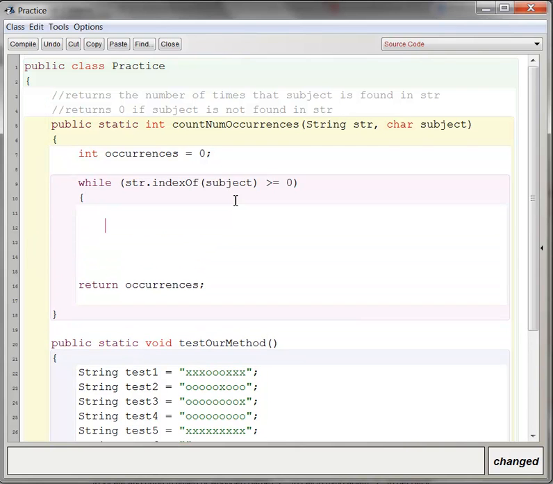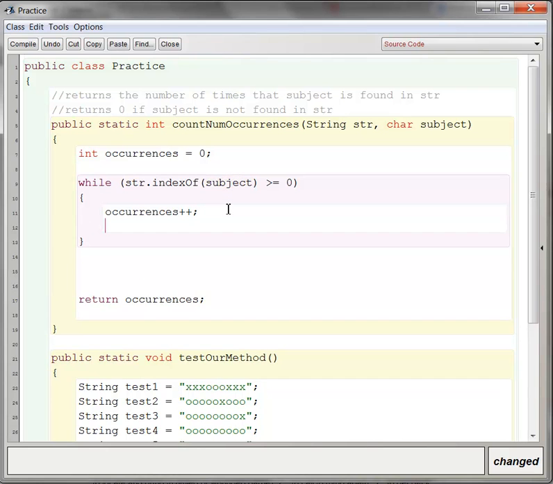We want to go into the loop, we want to count some things, right? So the idea is there is at least one appearance of subject in this string, so we should go ahead and count it. And now what could you do? Well, we don't want to count this thing again, right? And it appears in the string, so we need to somehow either cut off that string or start counting somewhere else. And I haven't taught you that other method yet, so we're actually going to cut off that whole string, okay? So we're going to say str becomes str.substring